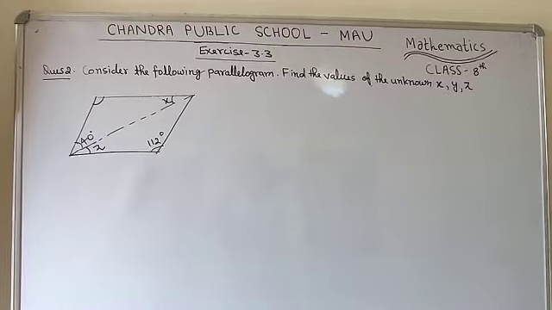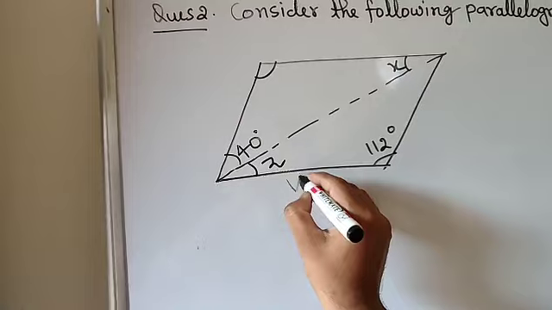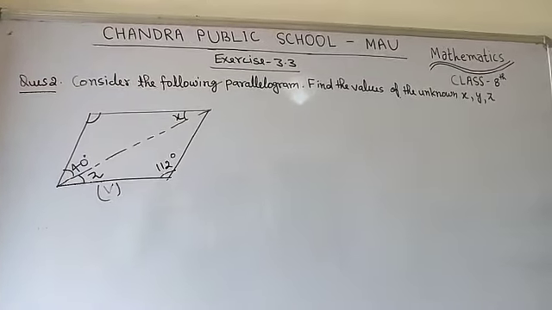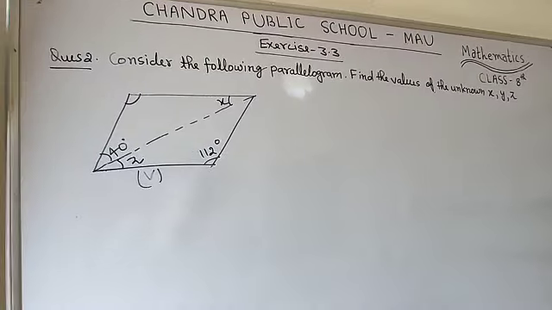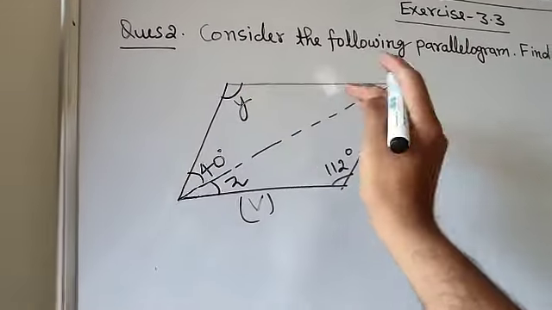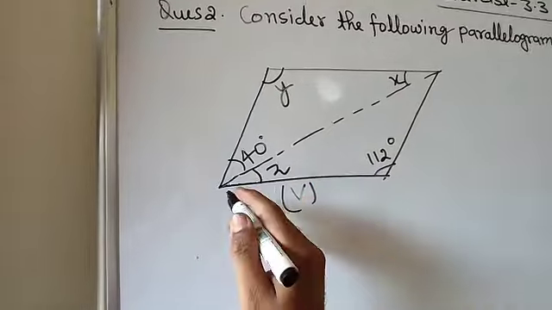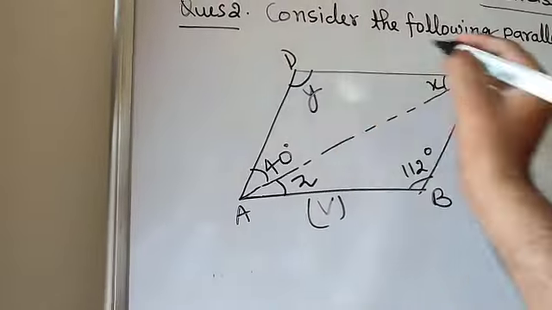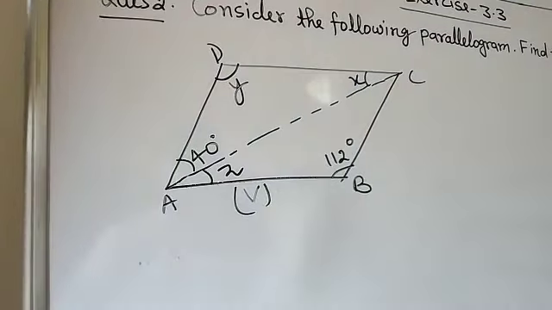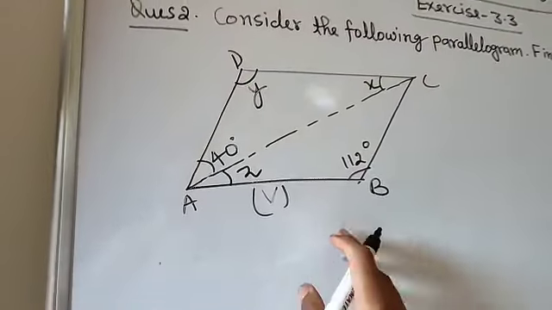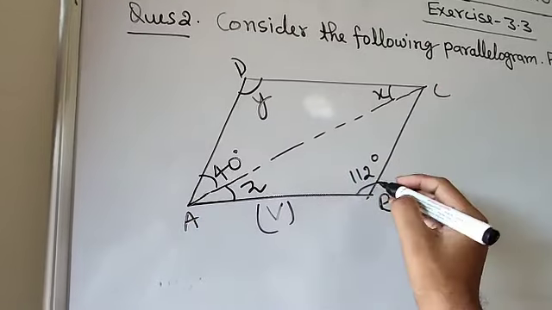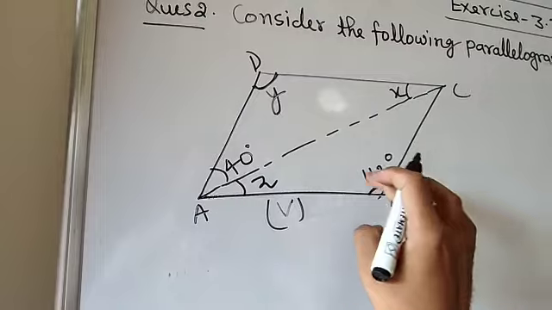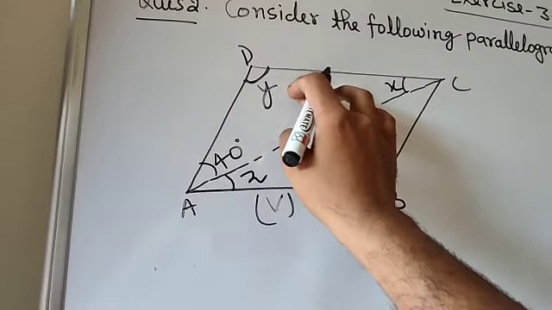Now students, here it is the fifth, that is the last part of the question number second. For the question number second, 5 diagrams were given and you need to find the value of x, y, z. So here you need to find the x, y, z. You can give the name of this parallelogram, suppose that it is ABCD, that is the parallelogram ABCD. So here you need to find x, y and z. So students, ABCD is a parallelogram, so angle D and angle B are the opposite angles, so both will be equal. So if it is 112, then y will be also 112.